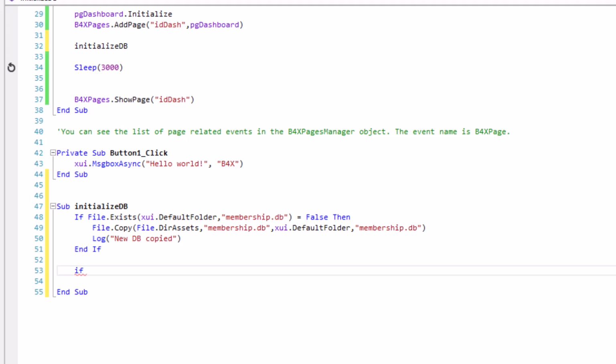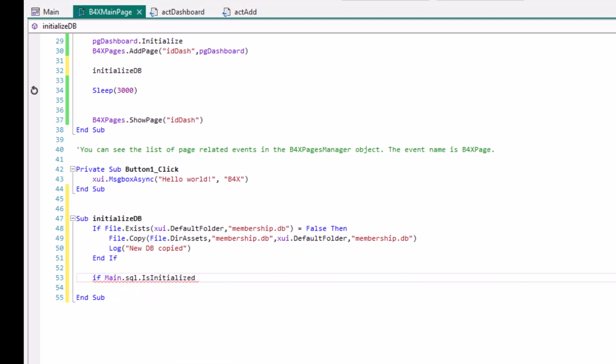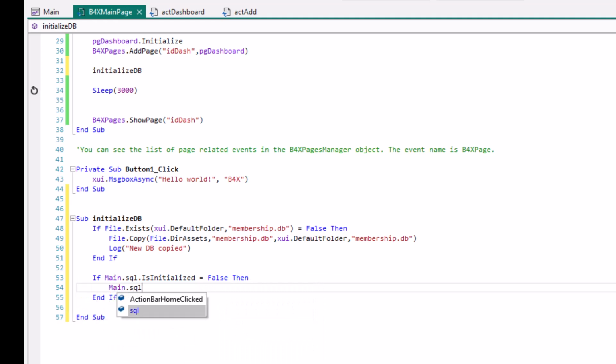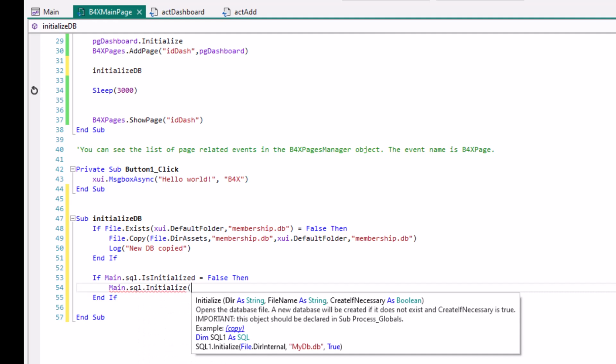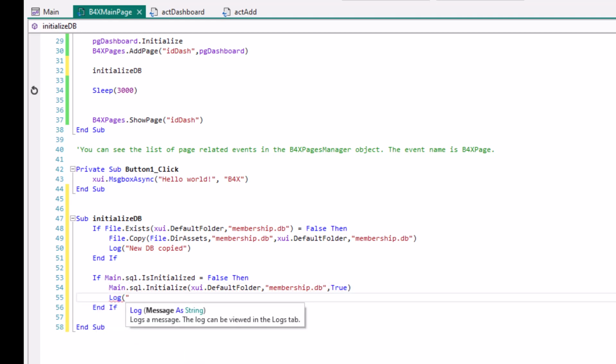If Main.SQL, since we declared it on the main tab, you have to call Main first, .SQL.IsInitialized equals false, then Main.SQL.Initialize XUI.DefaultFolder, file name membership.db, create if necessary. Let's go through there. Log DB started.